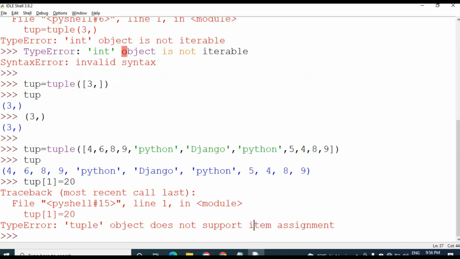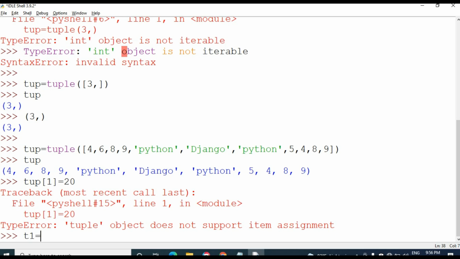And the next one is that a tuple supports both concatenation and multiplication. Concatenation means we are adding the tuple elements by using the plus operator.